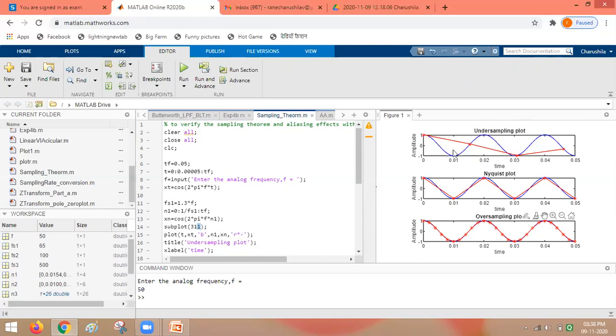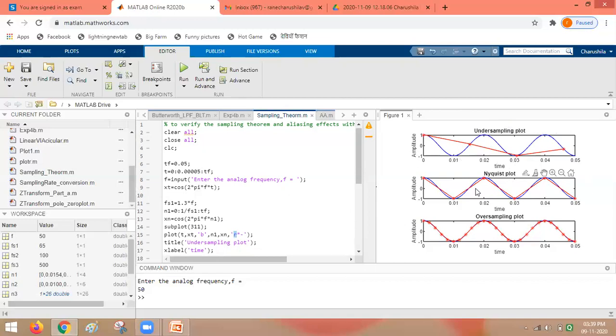So we can observe the corresponding waveform here. The original signal is plotted in blue color because of this B parameter mentioned, and the sampled signal is plotted in red color. So these are the sampled points because of this specified sampling rate. If we join these sampled points, the resultant signal is not able to reconstruct the original signal perfectly because the sampling frequency selected is less than the Nyquist rate.